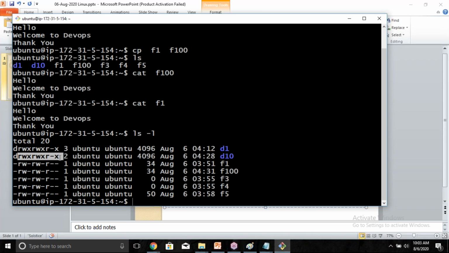In two ways we can work with permissions: alphabetical notation and numerical notation. Both are there. How can we work with the numerical notation? How can we work with the alphabetical notation? Okay, and how to work with package management in Linux. Whenever you want to install any particular package, what is the process we need to follow? So these are all our upcoming topics for tomorrow's session.